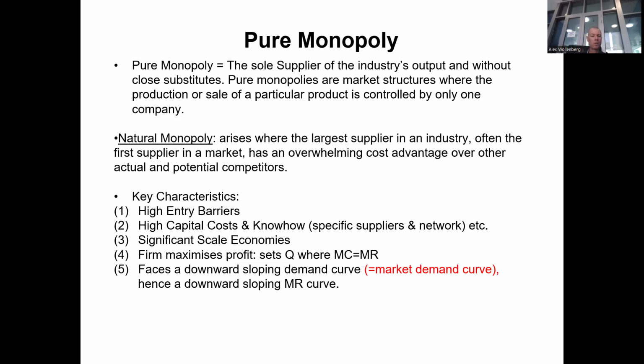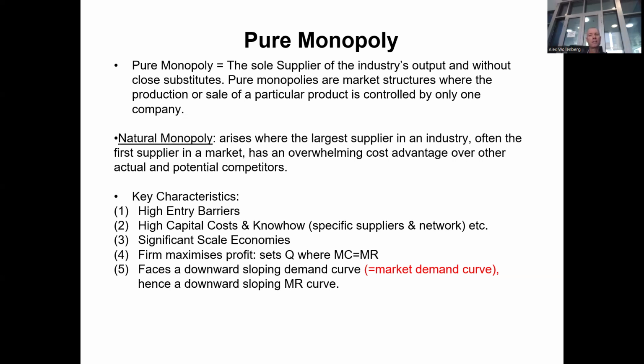Now the monopolist faces a downward sloping demand curve for its product, and that is also the market demand curve at the same time. So the market demand curve and the monopolist's demand curve are the same and they are downward sloping. And therefore the monopolist also faces a downward sloping marginal revenue curve,